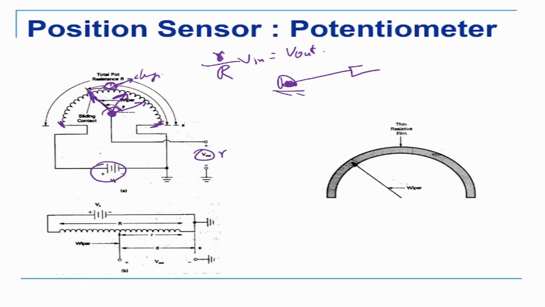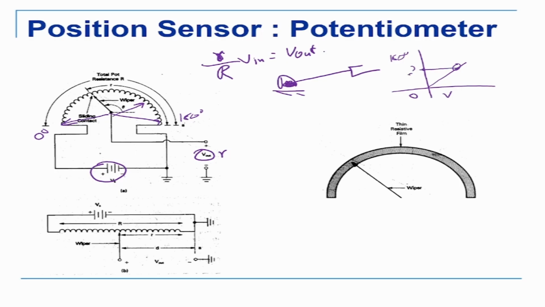So what we can do is calibrate this system for different positions. Say, for example, when the wiper is here, we can say it is 0 degrees. When the wiper is there, I can say it is 180 degrees. So I can calibrate it from 0 to 180 degrees, what is the voltage? This is my voltage, and I get a straight line. Now for an unknown position, suppose I know the voltage is this, then I can see the corresponding angle from that calibration. So that is how we use a potentiometer.